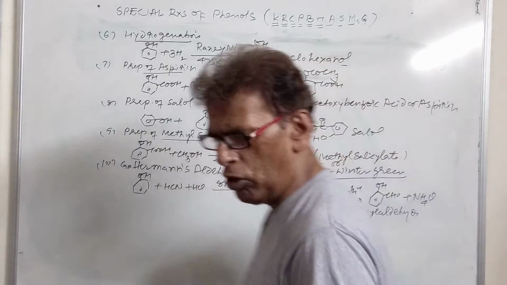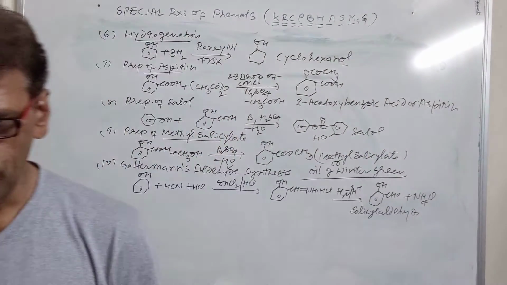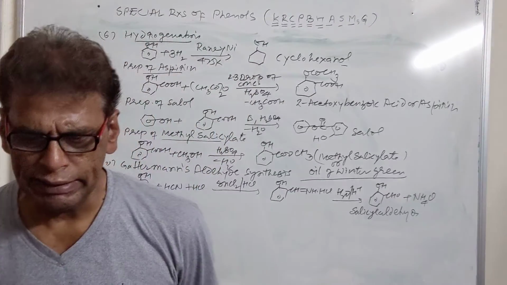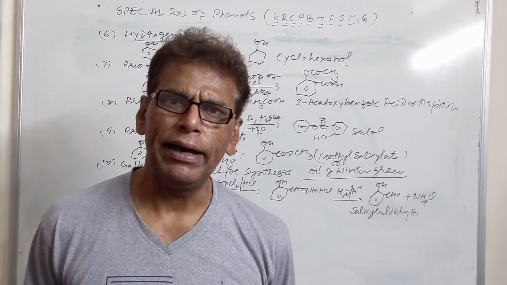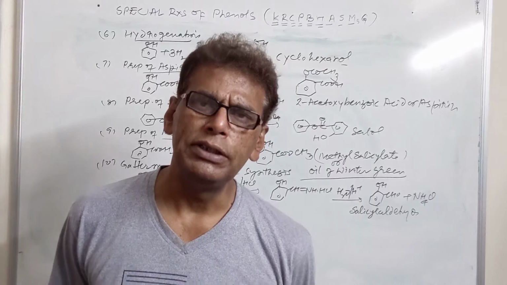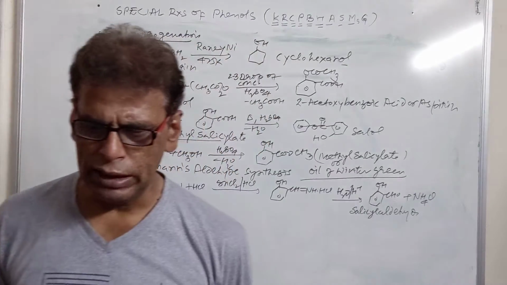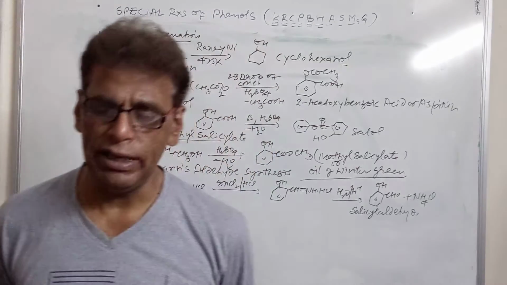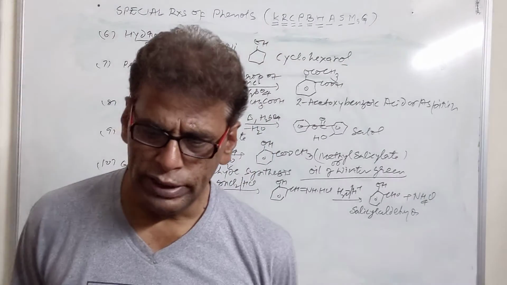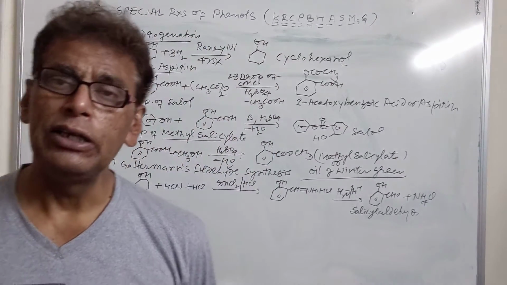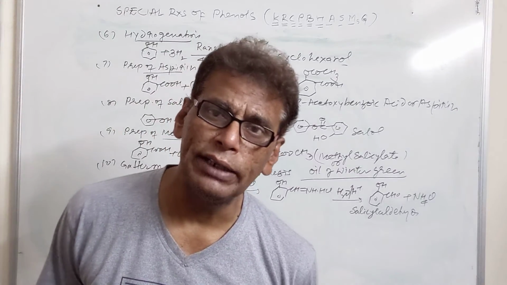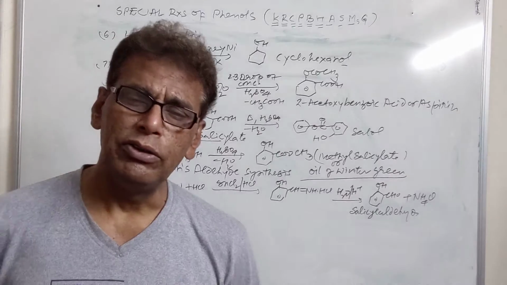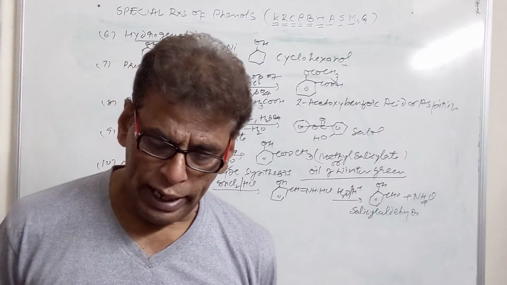So this is all about phenol, and we have the uses of phenol. Phenol is used in the preparation of dyes through coupling reaction. It is used to prepare bakelite, a plastic product which is used to produce many plastic products. In the preparation of medicines, we have seen aspirin, we have seen Salol, they are medicines. It is used in the preparation of cyclohexanol, which is used as a solvent. So these are the uses of phenols and its compounds.